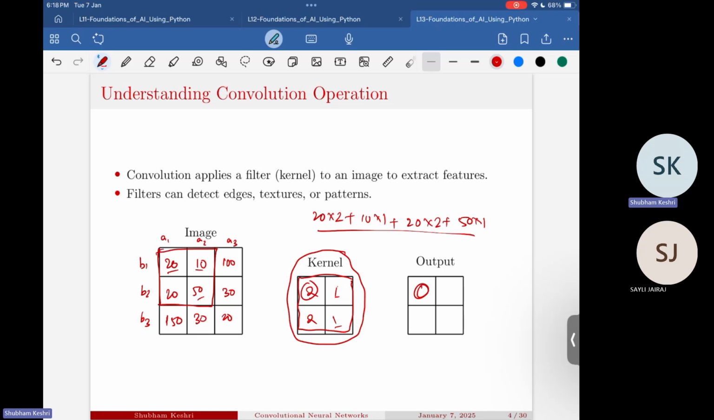Then we will slide this to the next position. Where will it go? It will come over here. And again we will do 2 times 10, plus 100 times 1 plus whatever it is, and it will come over here. Now we will push it over here. Now this will be the new area where this kernel is, and then again we'll obtain this value, and at last,